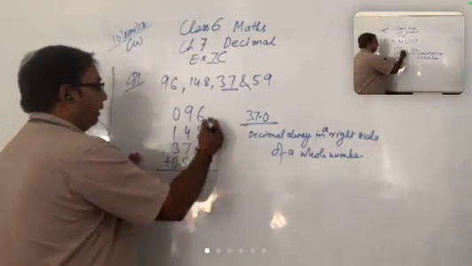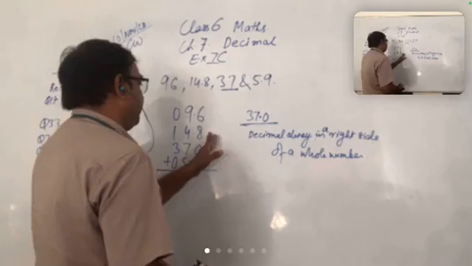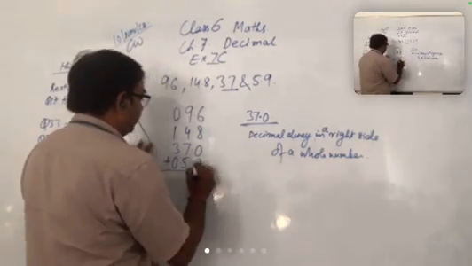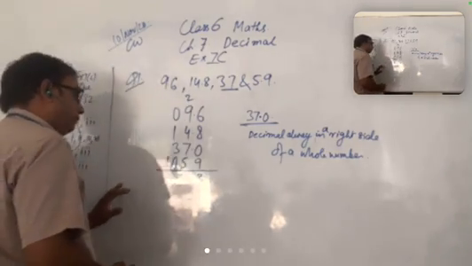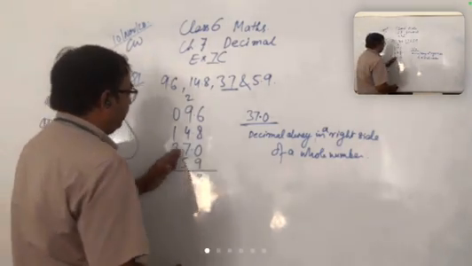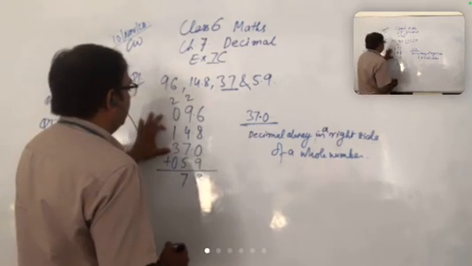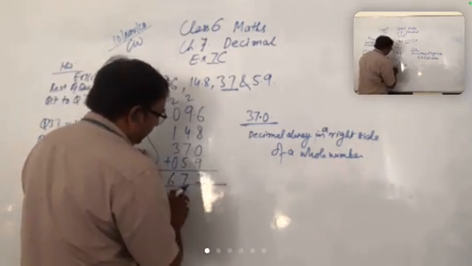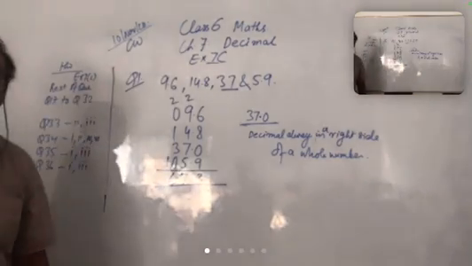Okay. Now this is 9, 9 plus 6 is 15, 15 plus 8 is 23. 9 plus 2 is 11, 11 plus 4 is 15, 15 plus 5 is 20, 20 plus 7 is 27. Now here is 2. 3 plus 1 is 4, 4 plus 2 is 6. And 67.3 is the answer. Is that clear?